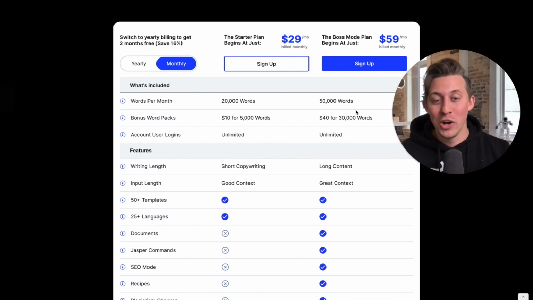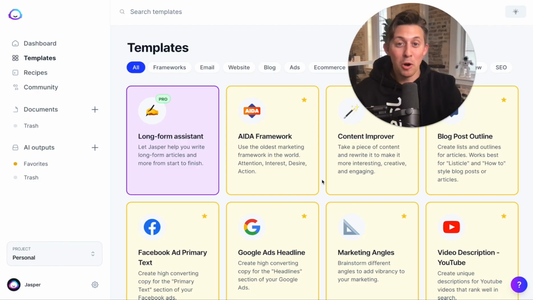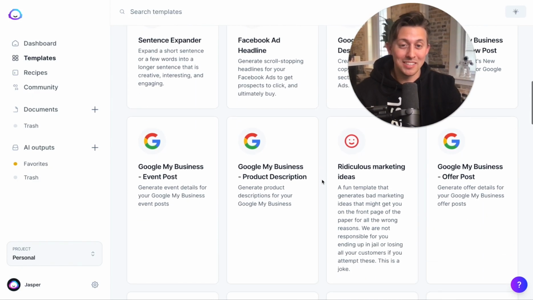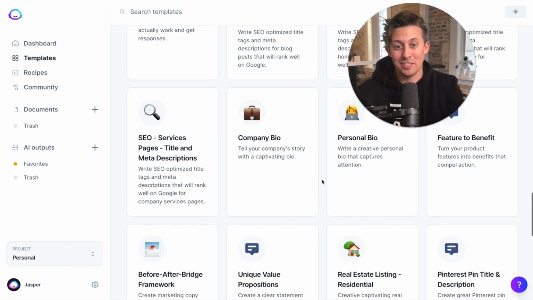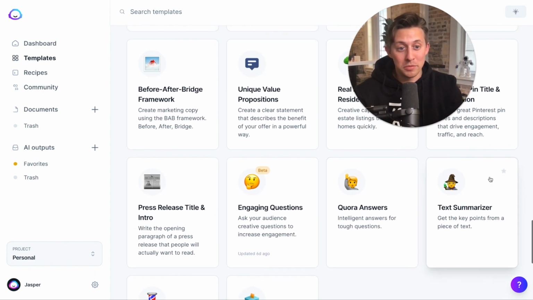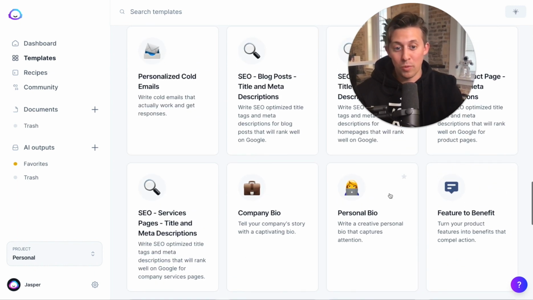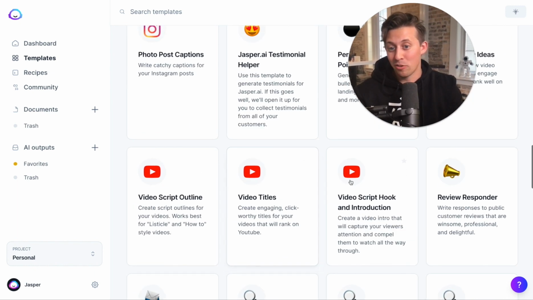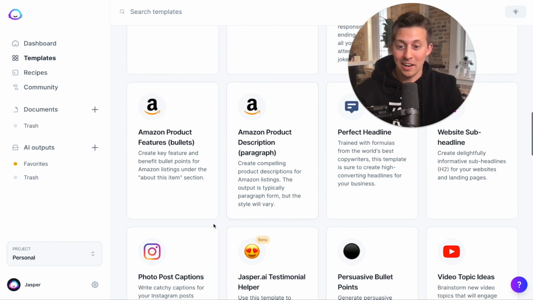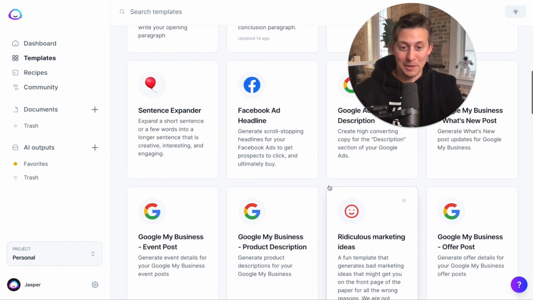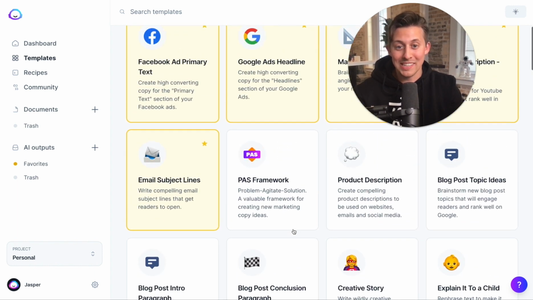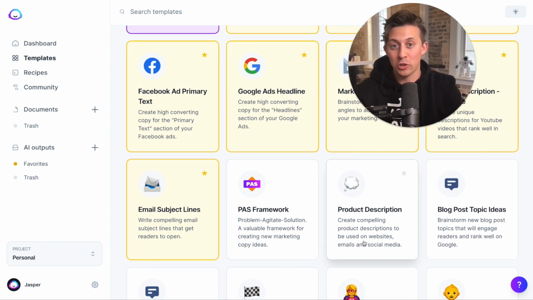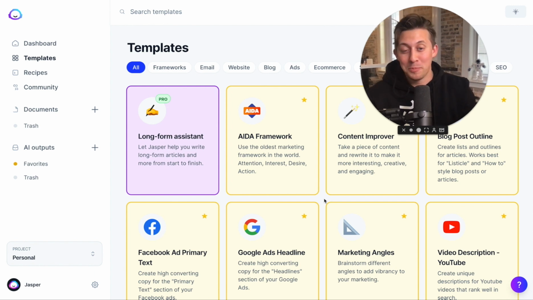As your content needs grow, you can scale up from there, like if you add team members or you start saving time in different workflows by using Jasper. But these will be plenty enough to get you started. Now, both plans come with over 50 different templates, and these are based on industry best practices and proven examples. It could be everything from summarizing your text to writing your personal bio for LinkedIn, writing YouTube descriptions, clever Instagram captions, your ads for your Google My Business, even product descriptions for your Shopify store. Now, I'd love to go through all of these, but you're short on time.